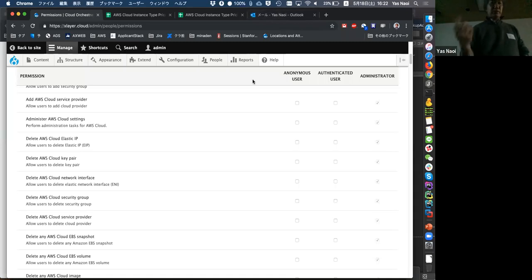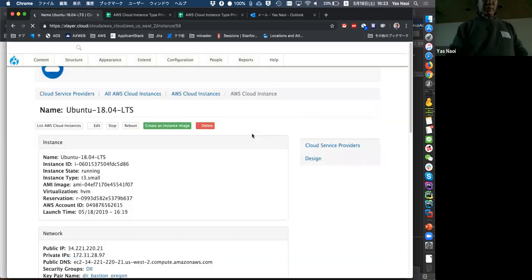Also, as I talked about, single sign-on. Now through this cloud orchestrator, the user doesn't have to create his or her own account, just simply uses the Outlook username, email address and password to log into this system. So this is totally integrated with our intranet. This is actually a staging site for testing purposes, so it's not really connected to our organization. But basically, the screen is almost the same. We are using the Bootstrap theme like this.